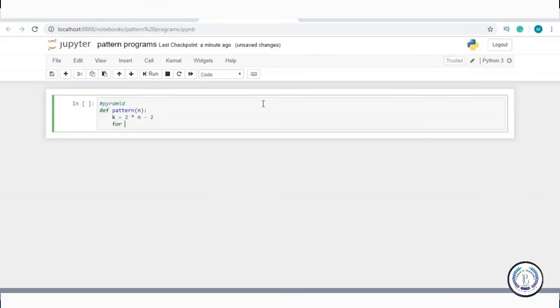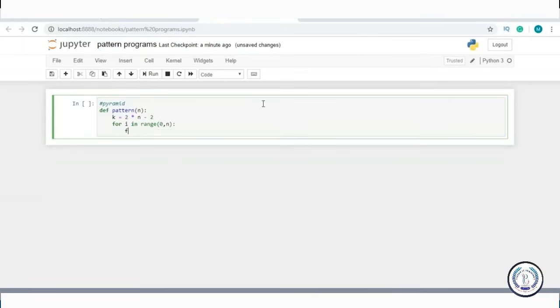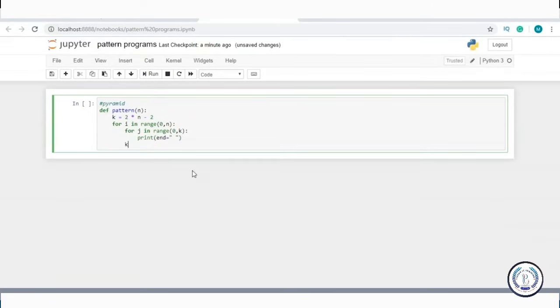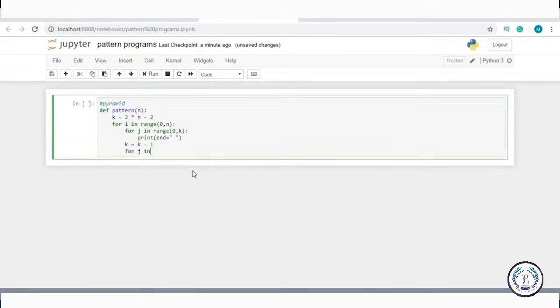And I'm going to take one for loop here, for i in range 0 to n. This is going to be the loop for our outer rows. And I'm going to take one more loop, which is for j in range, and this is going to be our loop for columns. And I'm going to take this as k over here. Now I'm going to print some blank spaces over here. So for this, I'm going to write end equal to a space, and after this I have to decrement the value of k, and I'm going to take one more for loop. Inside this, I'm going to specify the range 0 to i plus 1,